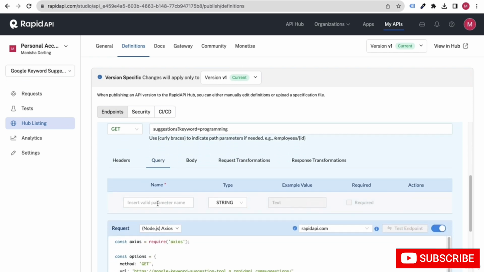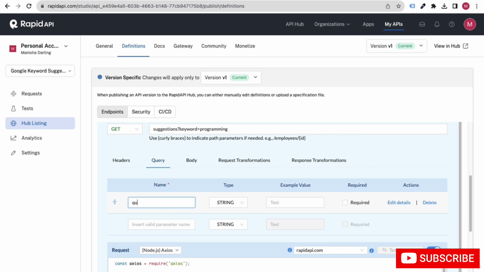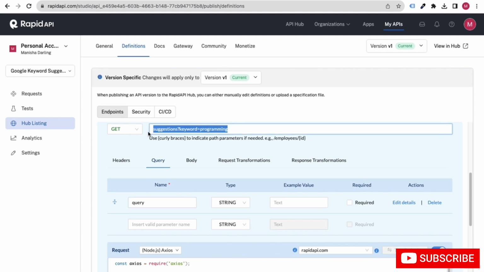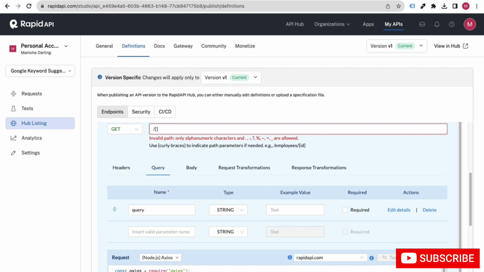Okay, a query parameter. Let's say you can just write here query. Or what you can do is that you can just cross it, write a slash, put the brackets, and inside the brackets write query. Great, right? Invalid, only alpha characters.